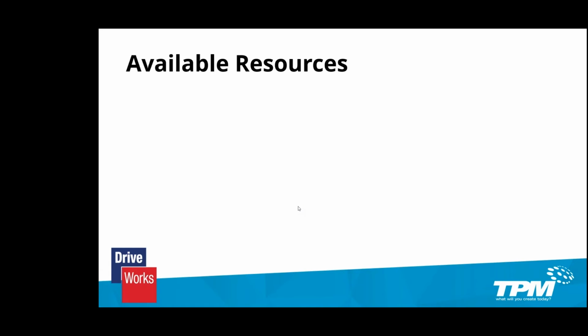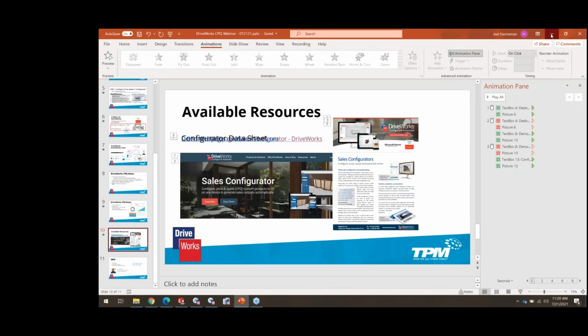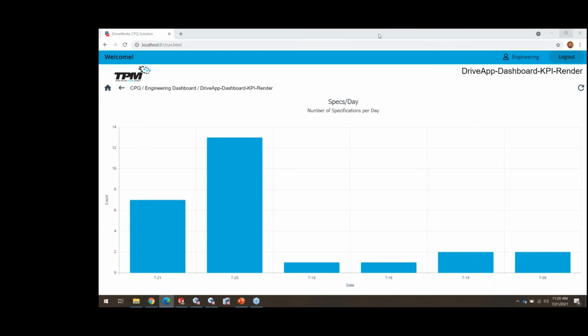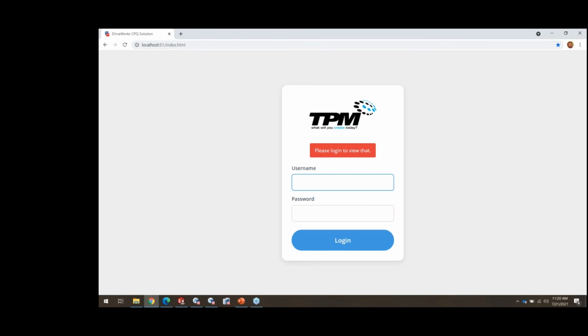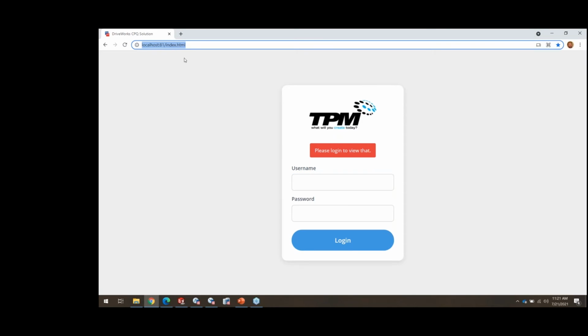Okay, so I'm going to hop over, we'll just exit the presentation here and move over to the actual demo. Okay. So again, we are looking at my browser. In this case, I believe it's Chrome. You can see that this is all happening locally, but this could be, you know, yourcompany.com or